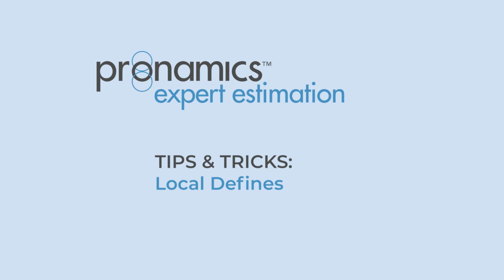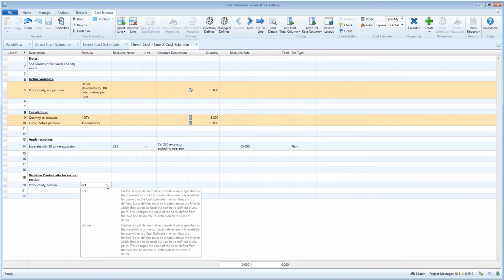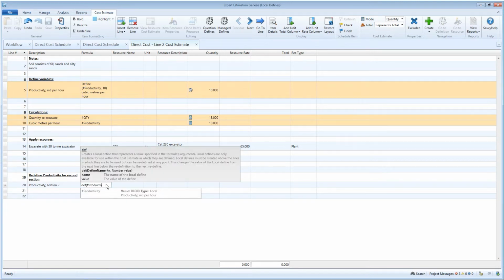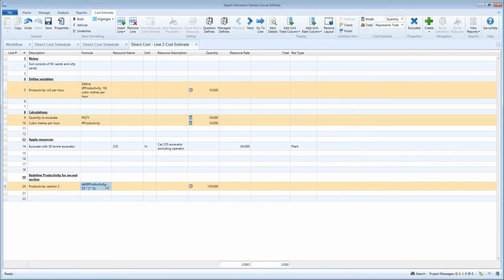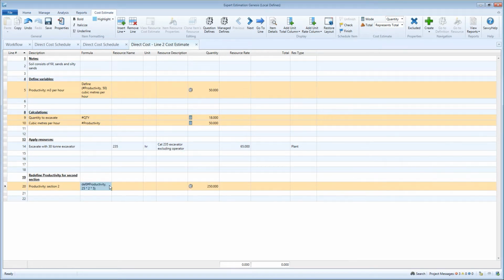Local defines. Using local defines helps make your cost estimates a lot easier to edit. They can also help standardize your estimating processes and make your cost estimates copy and pastable. Local defines allow you to create a variable which you can then refer to in formula throughout the cost estimate. They can only be referred to in the cost estimate in which they were created, so they're local in that